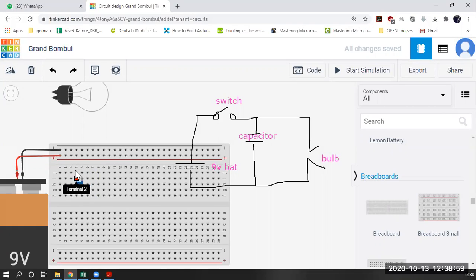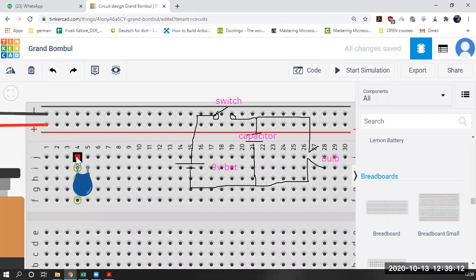Okay, so this terminal is independent and this terminal is independent. हमें दोनों terminal को short नहीं करना. Short means we don't want to connect two terminals together. You can see here this terminal I have connected on the 4 and this terminal I have connected on the 5. That's it. Don't connect it like this. Okay, don't connect like this. So both our terminals are on 4.